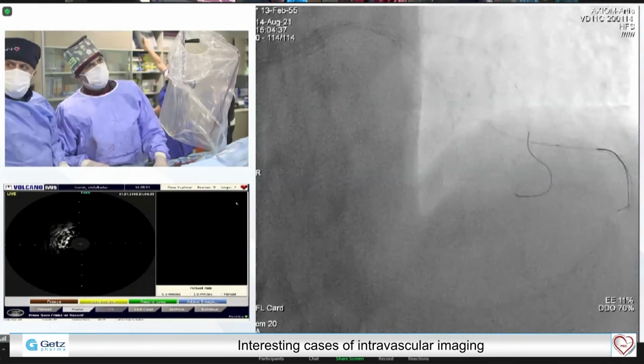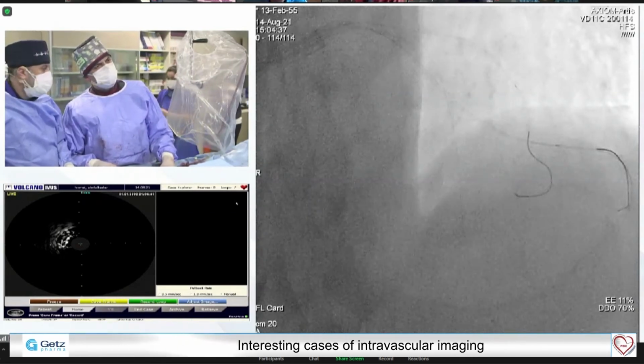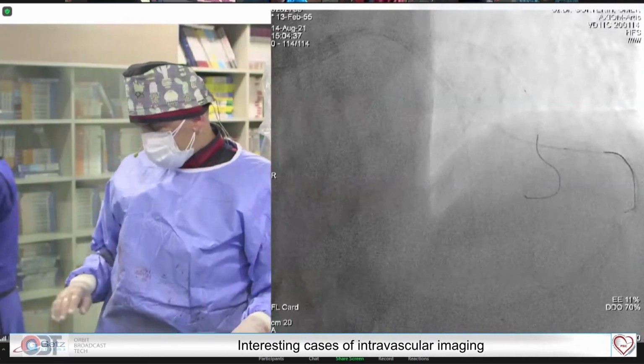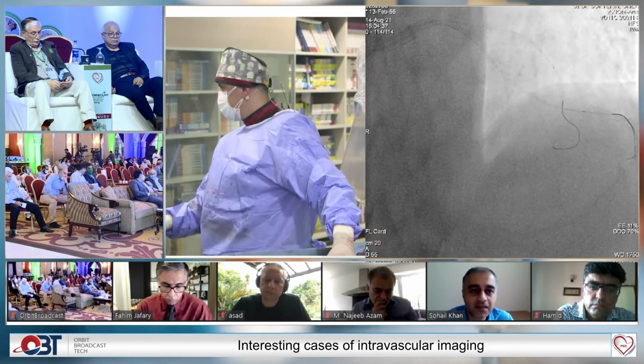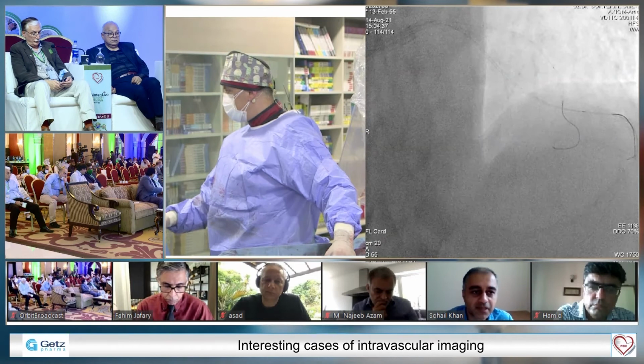The concern here is if you stent, because I still haven't really worked out in my mind where you are in relationship to that diagonal, but if you stent LAD,